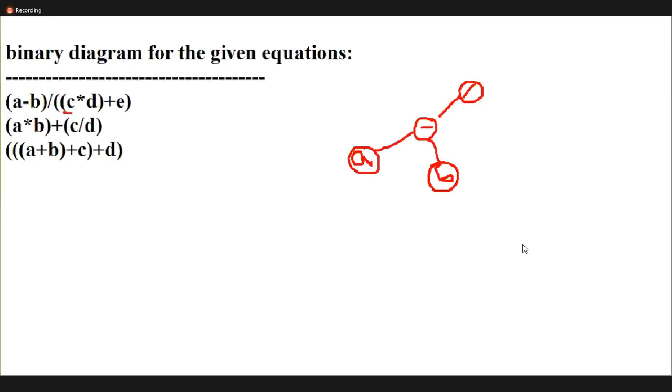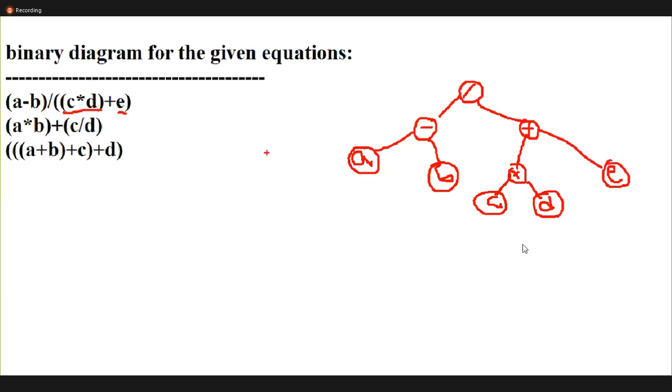Again the right side is divided into two expressions, a left side and a right side. Again plus, left side C into D, with C on the left, D on the right, and E on this side.